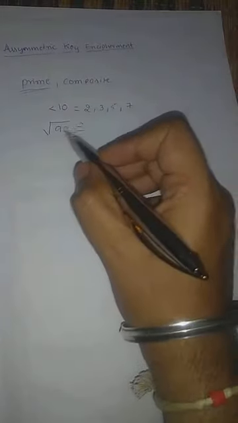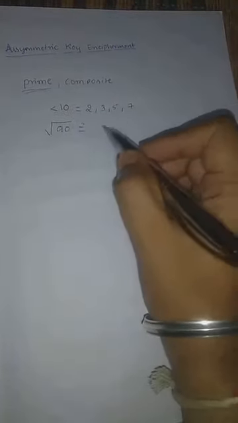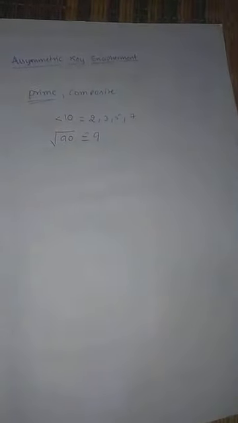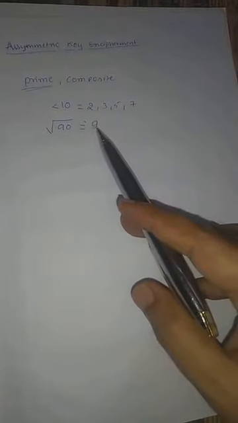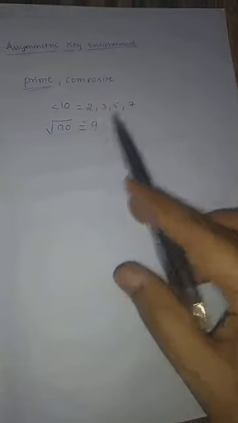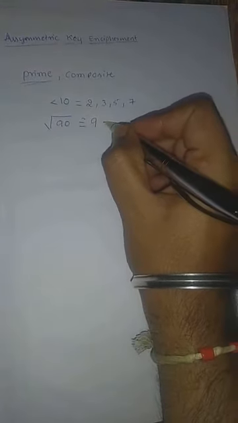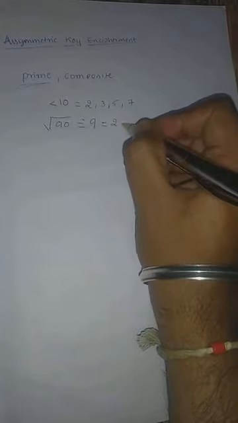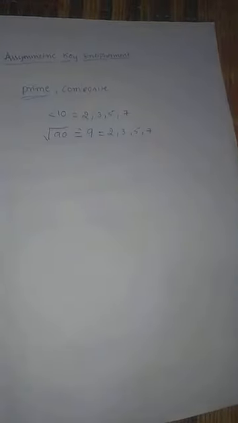So anyhow, if we take a square root, we should avoid the fraction, the decimal values. So let me consider only the value 9, which is very much nearby 81. 90 is nearby 81, that is why I have taken 9. Now if you consider the primes which are less than 9, you will get the values 2, 3, 5 and 7. Got it?